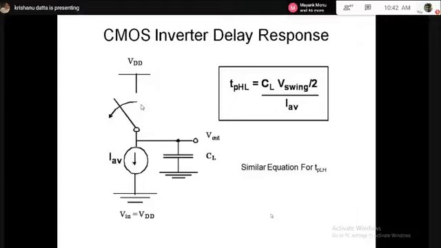Then why did I separate them out and make two models? The answer is simply for simplification. That's it. I want a very simplified model for delay so that I can design the circuit. Now, you will be asking, then I'm losing accuracy. Because in reality, when capacitor charging and discharging happens, the transistor goes through both phases, linear as well as saturation.